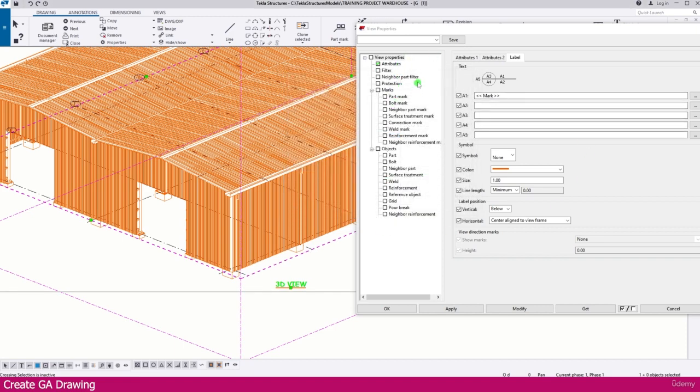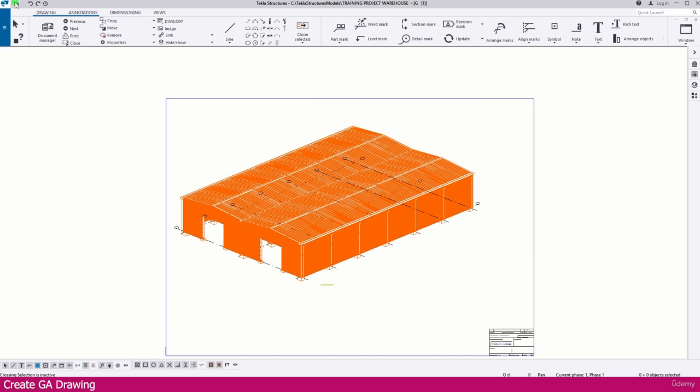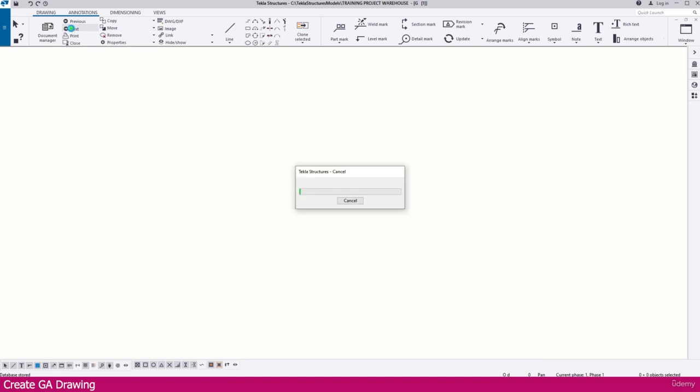Similarly, all these things. Here it is the mark; if you want the mark, and if you want to change the object color, everything you can decide here. But I am not going to change anything, just click OK. So this is the 3D drawing. Now I just save this one. If I need to go to the next drawing, click here, it will go to the next